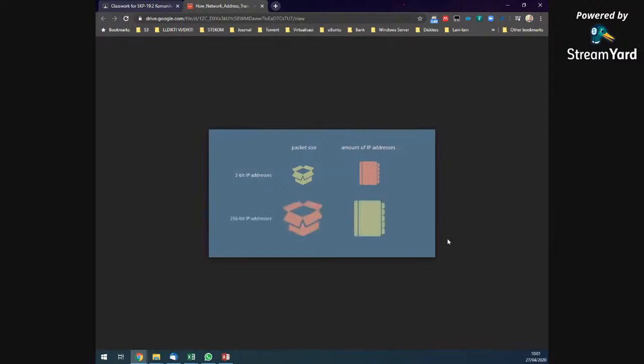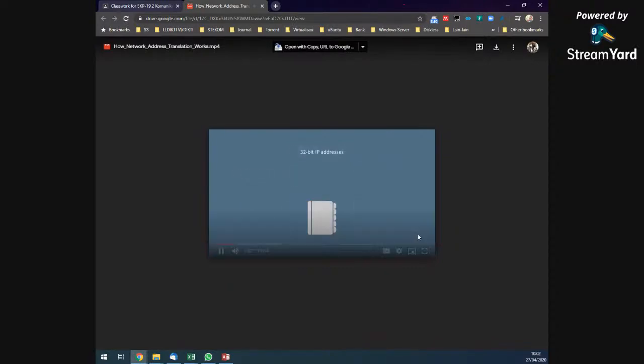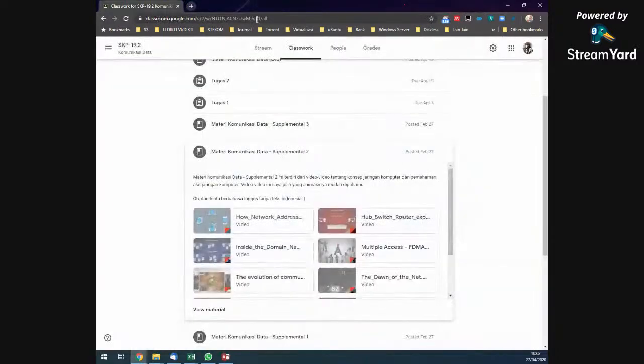If on the other hand we choose to have lots of bits to encode an IP address, we'll have lots of IP addresses to hand out, but we'll also have huge packets, which increases the communication overhead. So as you can see, there's a bit of a trade-off going on here. You can either have small packets or lots of IP addresses. They ended up deciding that they'd go with 32 bits for an IP address. That left the